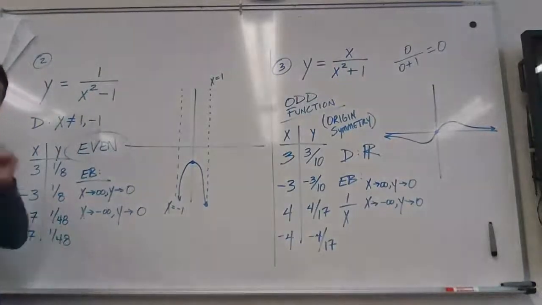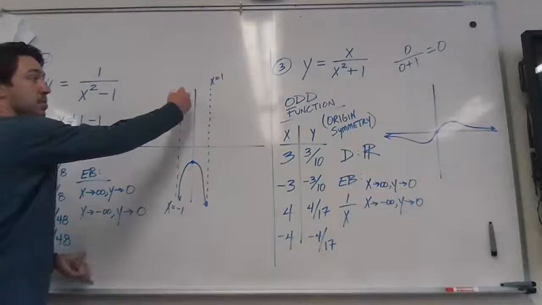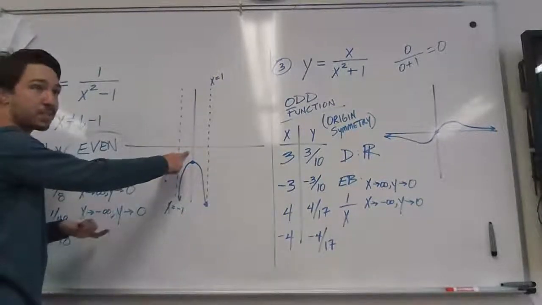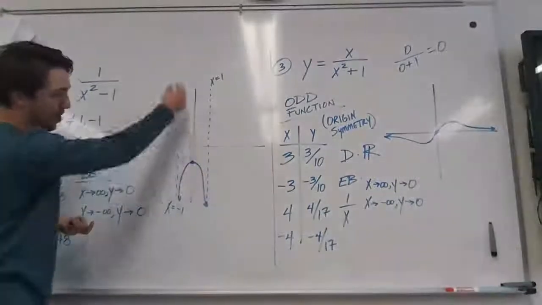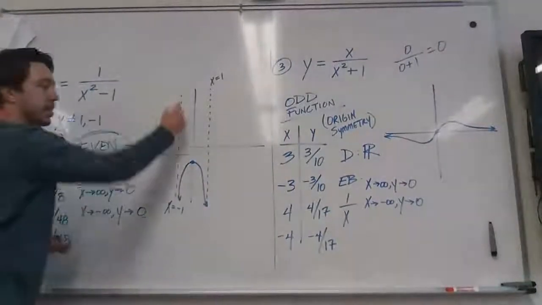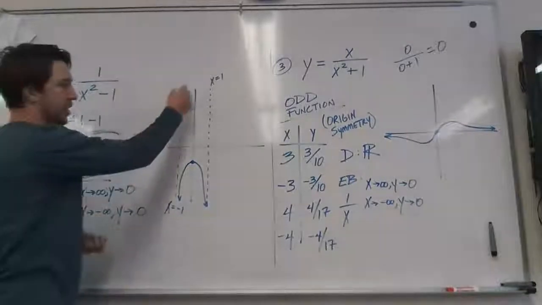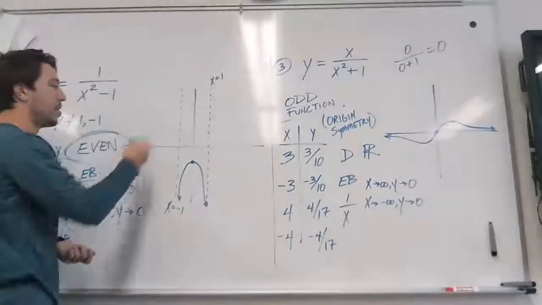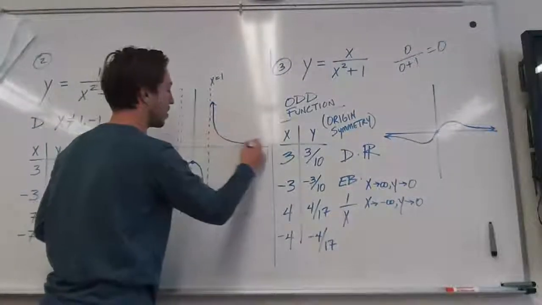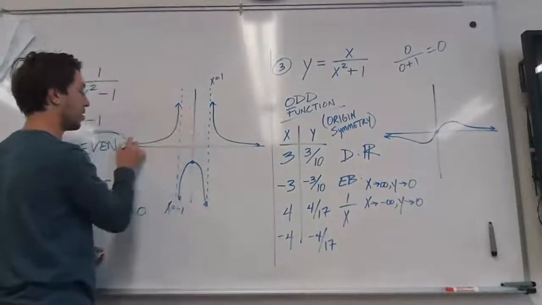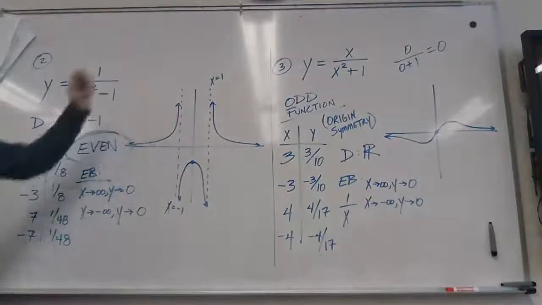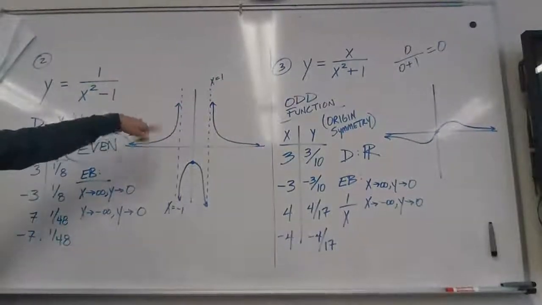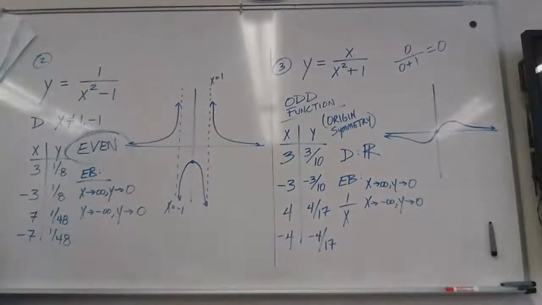Louise? Like it can't do this, right? Well, for one, it can't pass through the x-axis. But 2, it wouldn't be symmetrical. It wouldn't have that even symmetry if I went like this. And of course, it could maybe do this, but that would again require passing through the x-axis, which we know it can't. Right side would look like this. Left side is symmetrical. Are there any questions on how I got those 2 little pew-pews? No? Okay. You guys know how to do